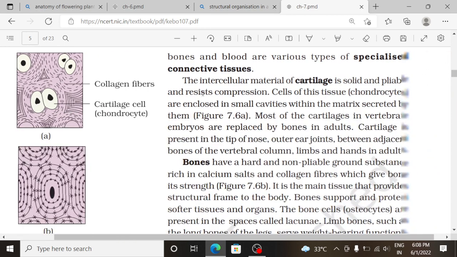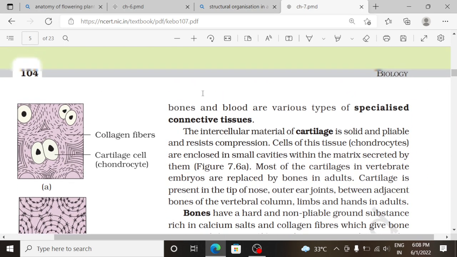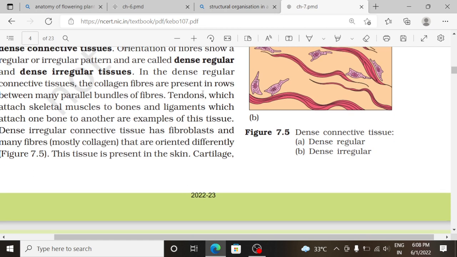Cartilage. Cartilage, okay, so wait 2 minutes. Okay, cartilage,